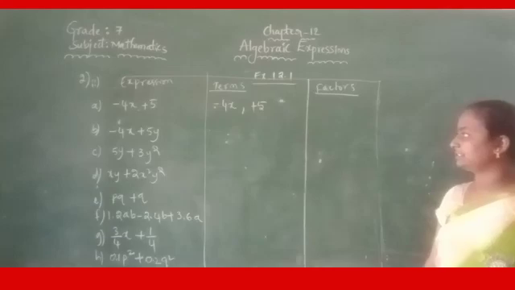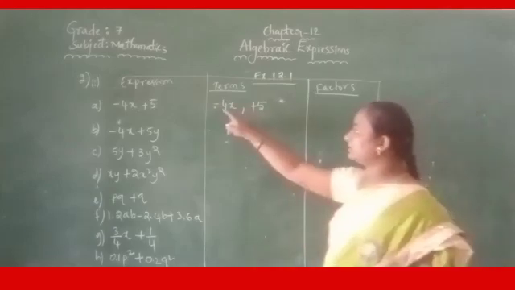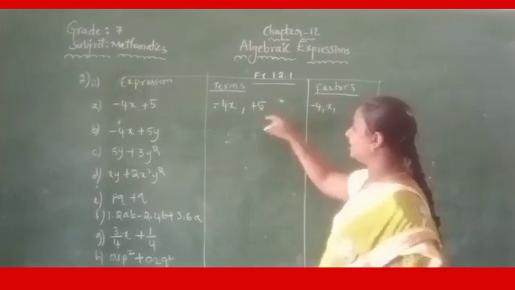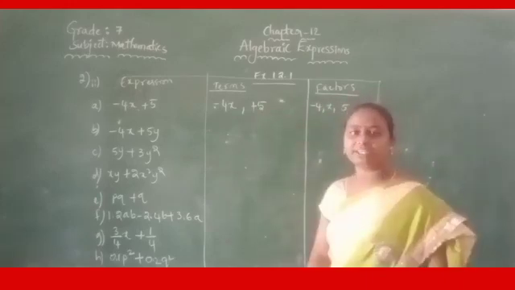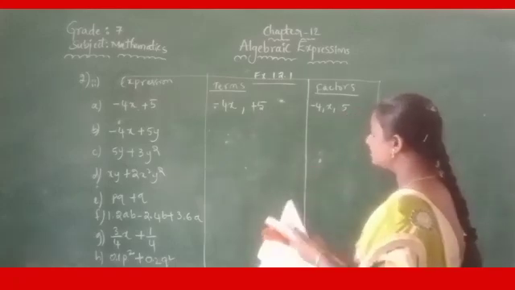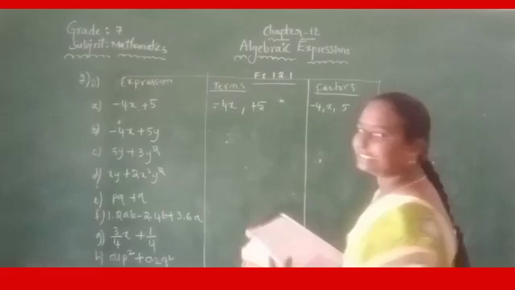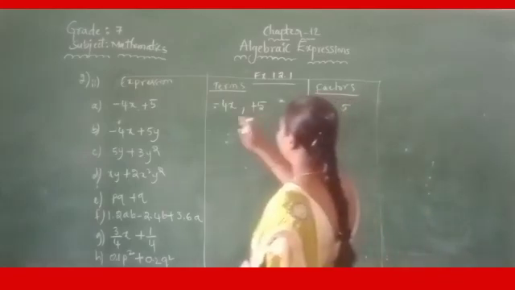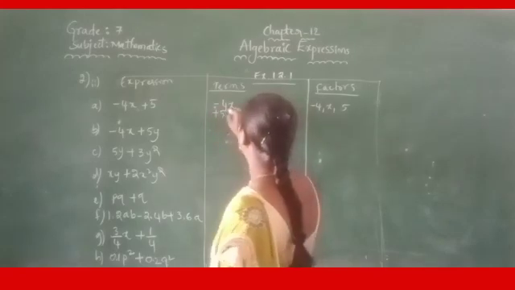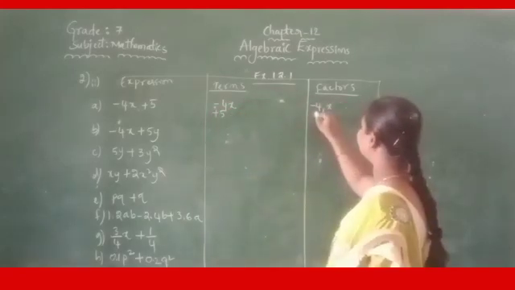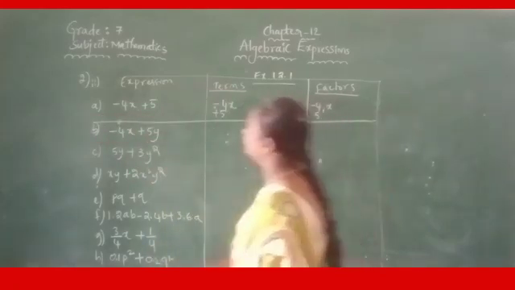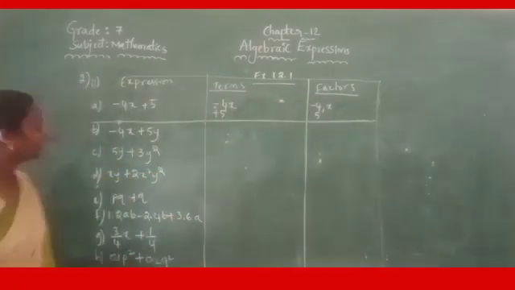Very good. So what are the factors? Here, how many factors does it have? So one is minus 4x and the other is 5. These are the factors. Very good. So write, children, this one also you write neatly. For understanding, you can write minus 4x separately, and here the term is 5. Further, you draw one line, so that you may not get any confusion.